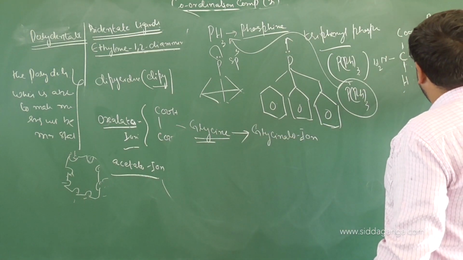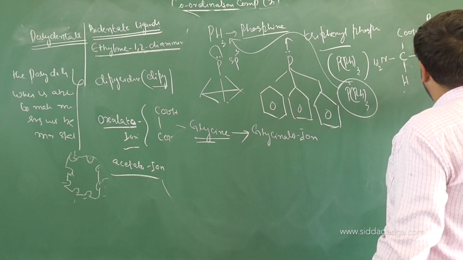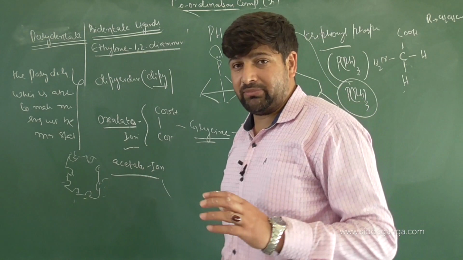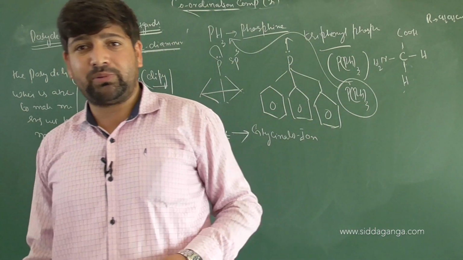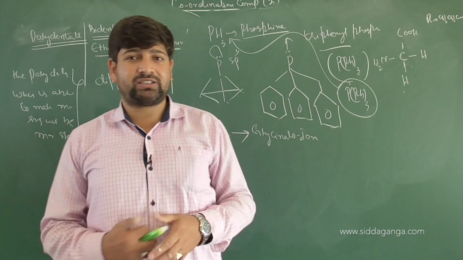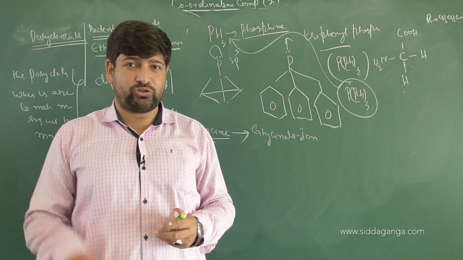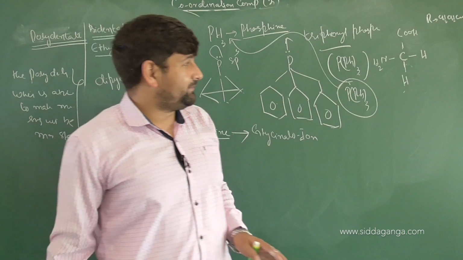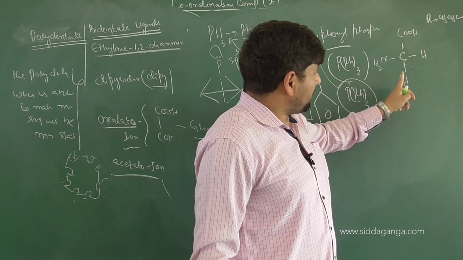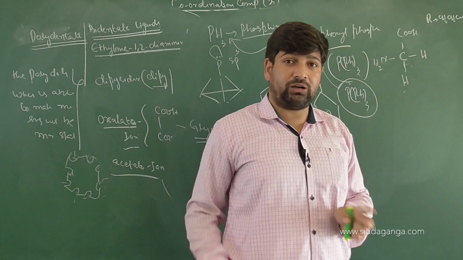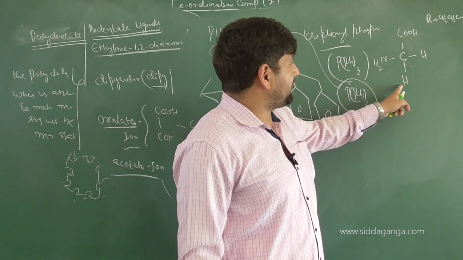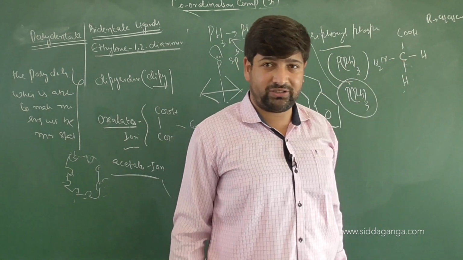This R can be CH2, CH2, COOH, because if you know the classification of amino acids, they can be classified differently. One classification is on the basis of their acidic and basic property, which can be discussed on the basis of amine and COOH groups. Now we usually say every amino acid has one NH2 and one COOH, but this R which is present can be composed of different NH2 groups or COOH groups. Depending upon what this R contains, you have acidic, basic or neutral amino acids.